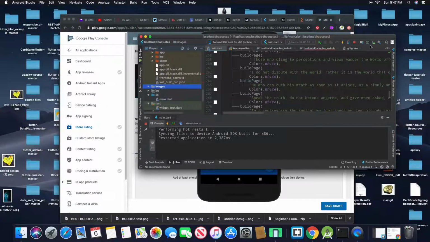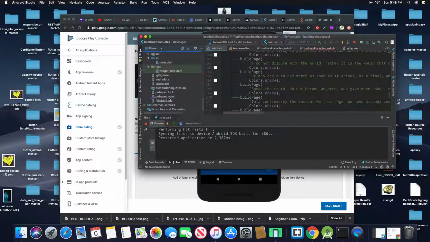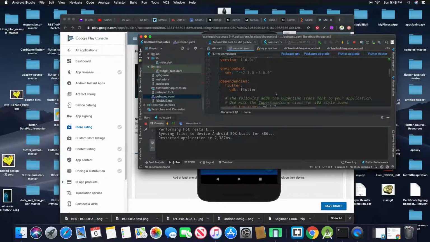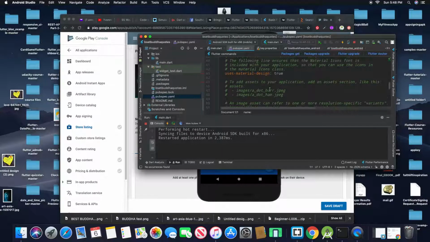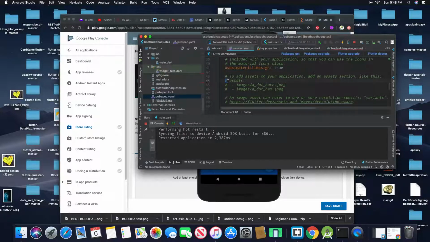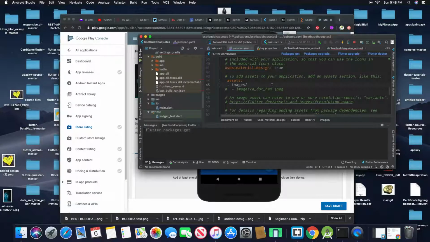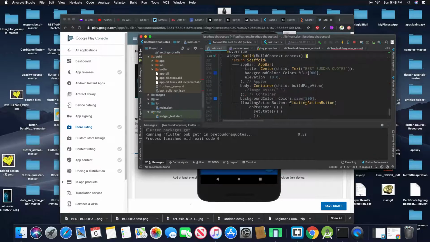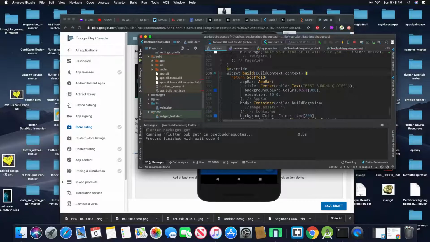Then I go to my pubspec.yaml, as we all know. I'm just going to run pub get, fix the indentation, and run pub get again. Yeah, it's fine. Now I'm going over to my Flutter code, and I'm just going to change this one